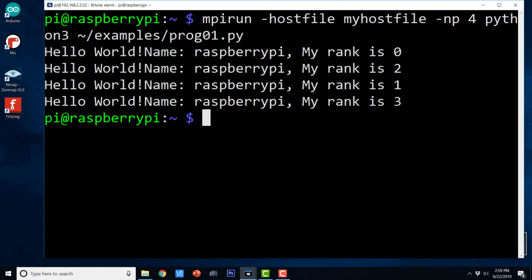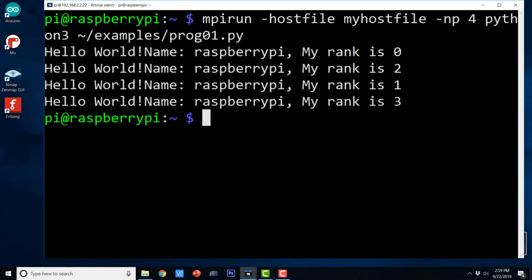So here we have 0, 2, 1 and 3. Okay, so it is printing hello world, and then name Raspberry Pi, my rank is 0. Okay, so there is no space between hello world and Raspberry Pi. So you can definitely go ahead and correct it. I will leave it to you as an exercise to correct whatever is needed to have a space between this hello world and name.